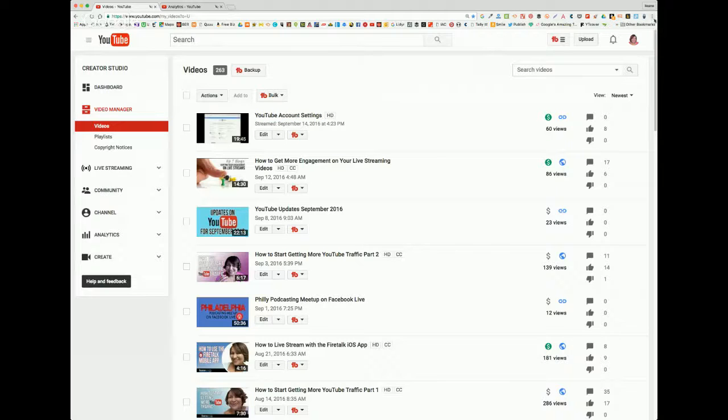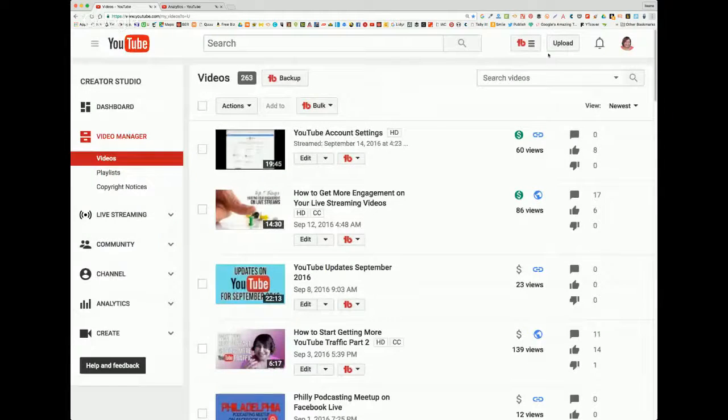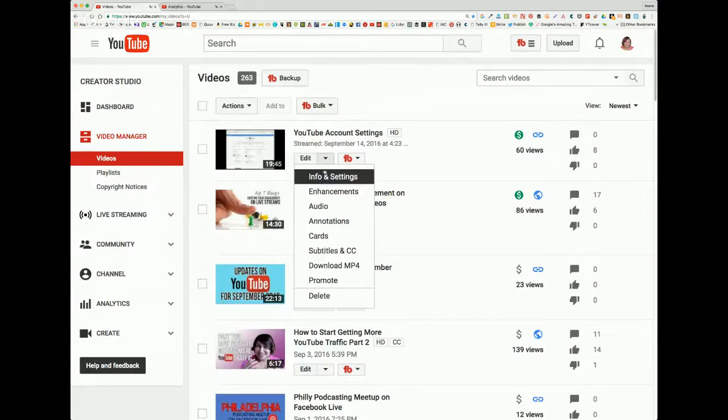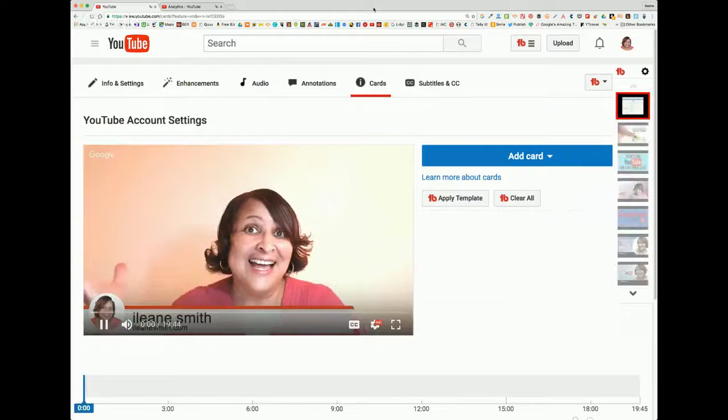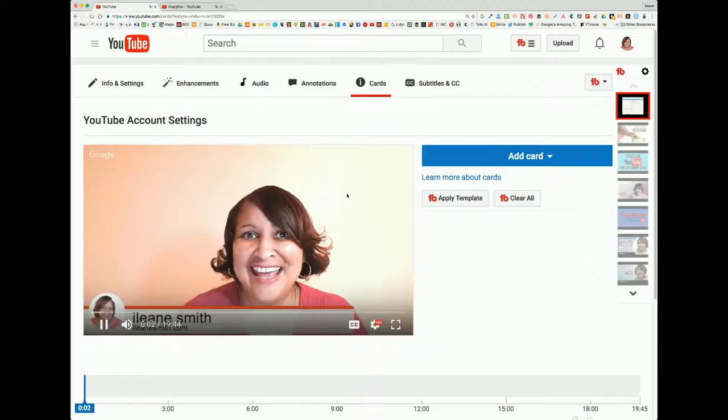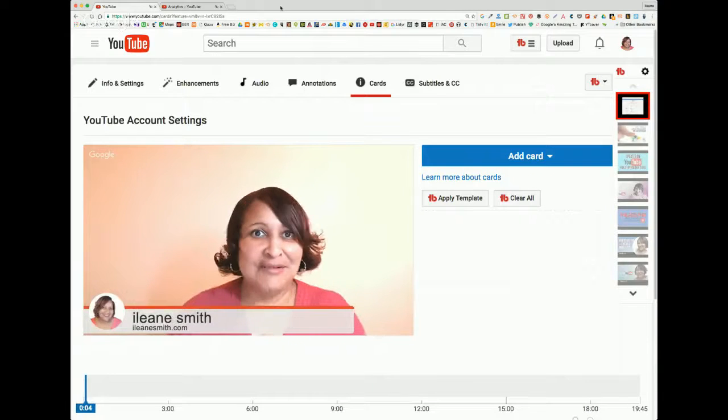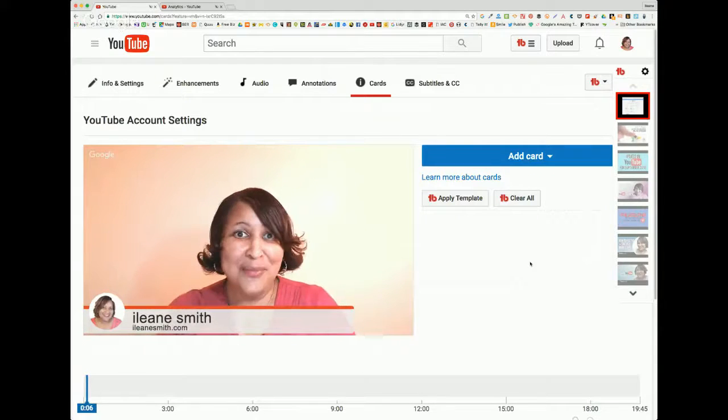And here I'm going to make this bigger, make sure you guys can see. Right next to each one of your videos is the edit button, and where you'll also see there's a pull down menu of the choices, the things that you can edit. So today we're going to take a look at the cards. And this brings us to this interface. Okay. And on this interface, guys, you can add,